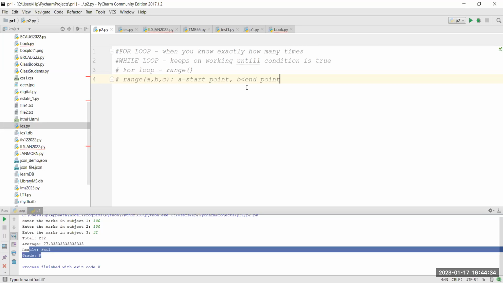So if I say b equal to 100, it will not print 100 in any case. You can print 99, 98, 97, we'll see how, but it will never ever print 100. It can print 99, it can print 98, but it will not go up to 100. That's what I'm saying, b is less than end point. Now c is increment. By what number should you increment? Now, if I write for example range 4 comma 18 comma 4,